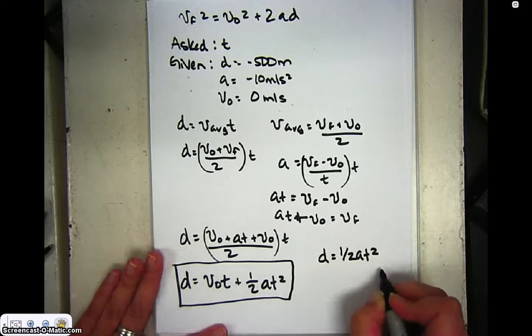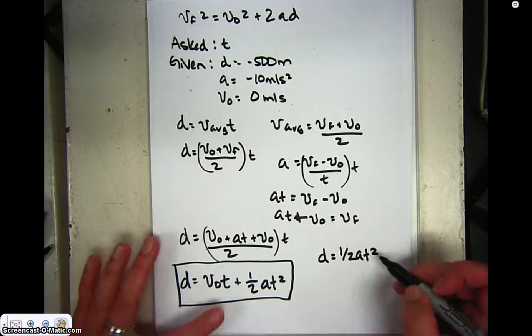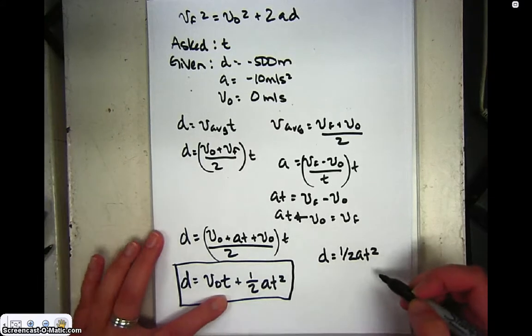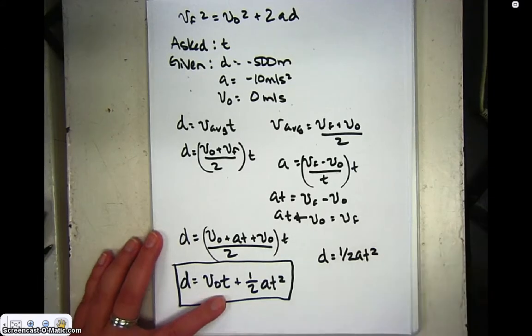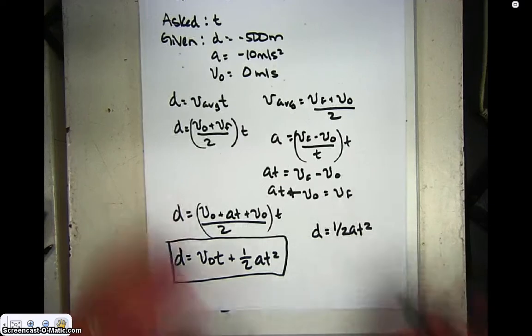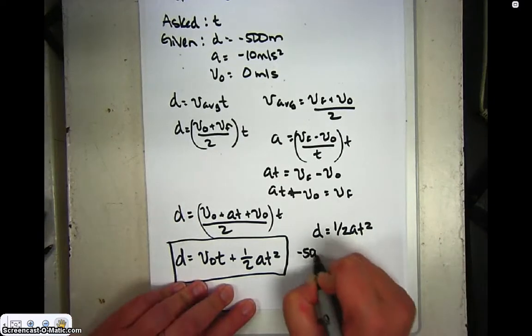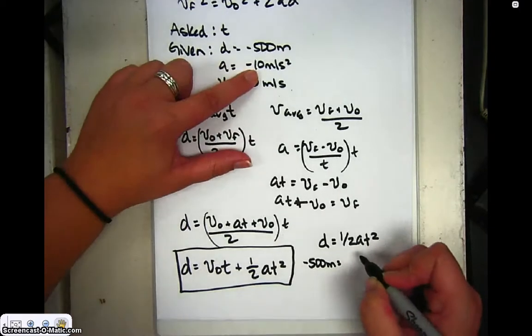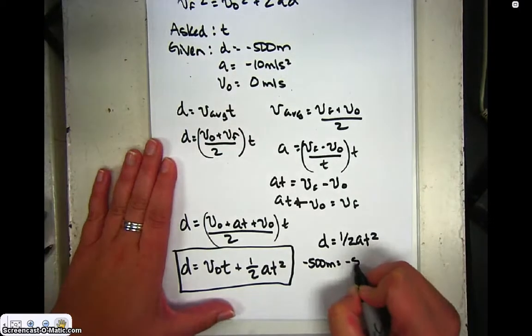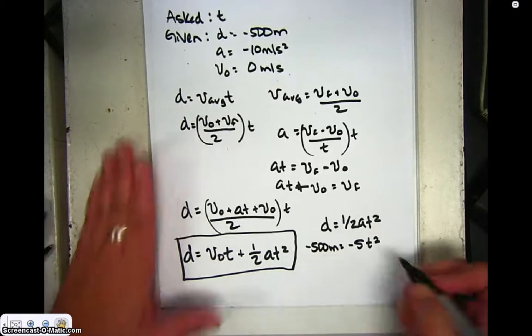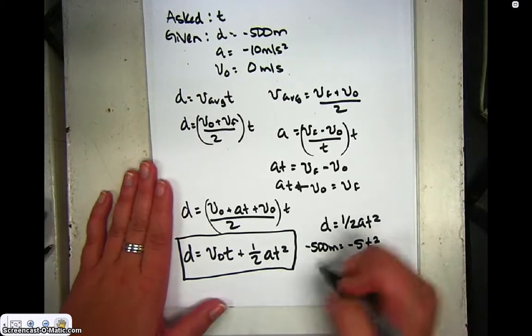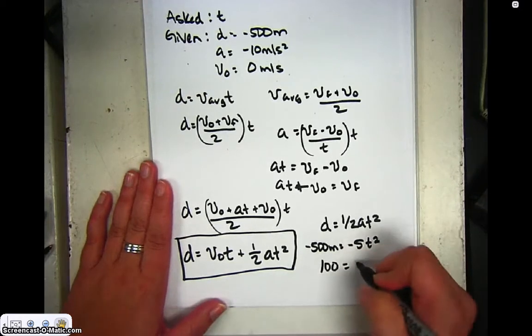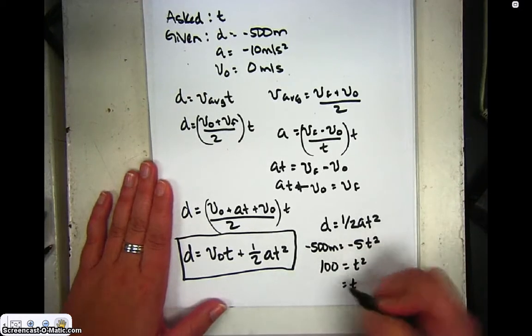And you'll use this equation a lot, because in any type of dropping problem where we have an initial velocity of 0, that term cancels out. So we have negative 500 is equal to 1/2 of a, so a half of a negative 10 is negative 5t squared. Divide by negative 5 on both sides, and you get 100 equals t squared, or t equals 10